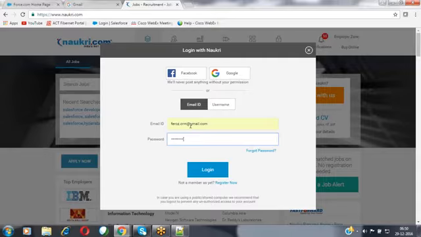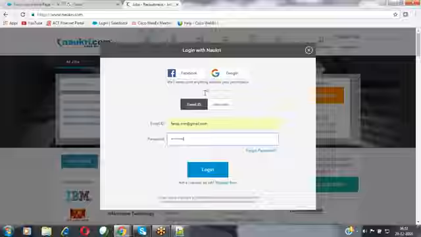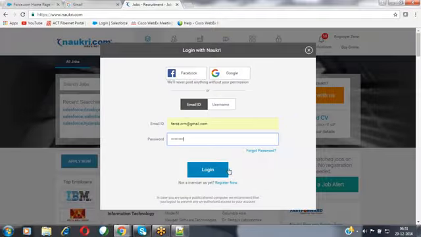Now here, I have entered the wrong password. If I'm entering the wrong password, then it has to show some message. The problem is not from the application side, the problem is from the user side. We have given an invalid username and password. Even if it is unable to allow me to enter the application, it has to show some message to the user here. Then the user can understand what exactly the problem is, why he is not able to enter the application.